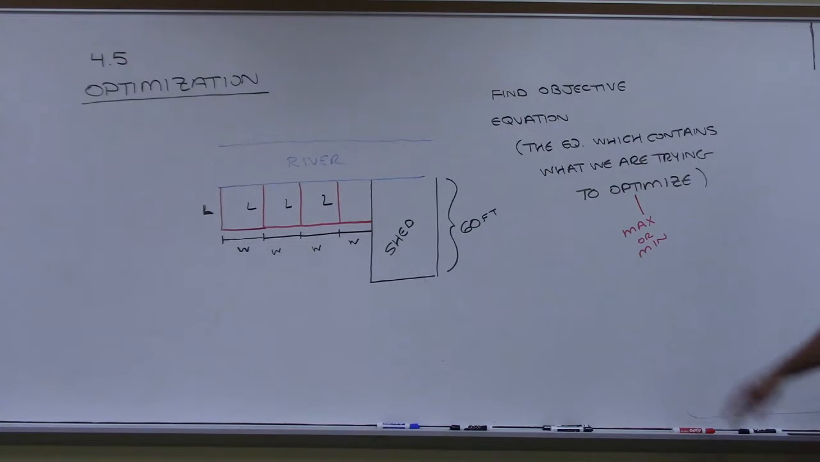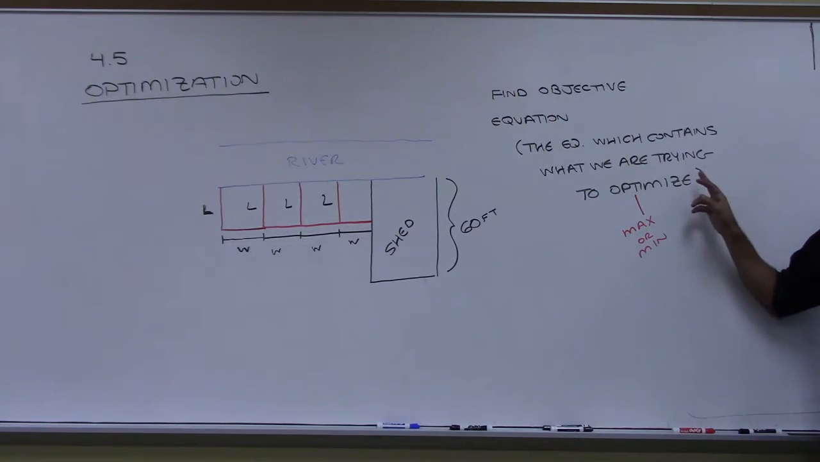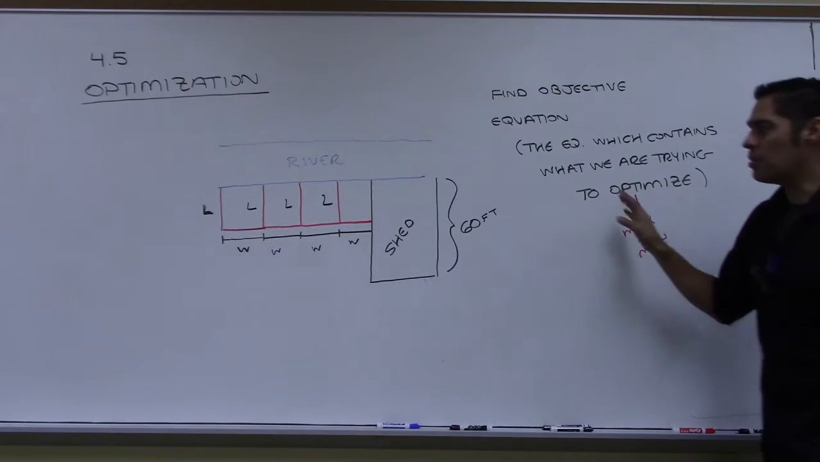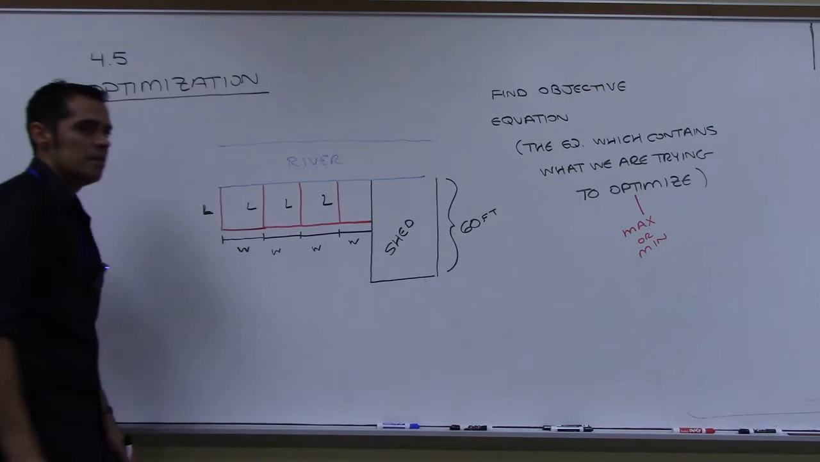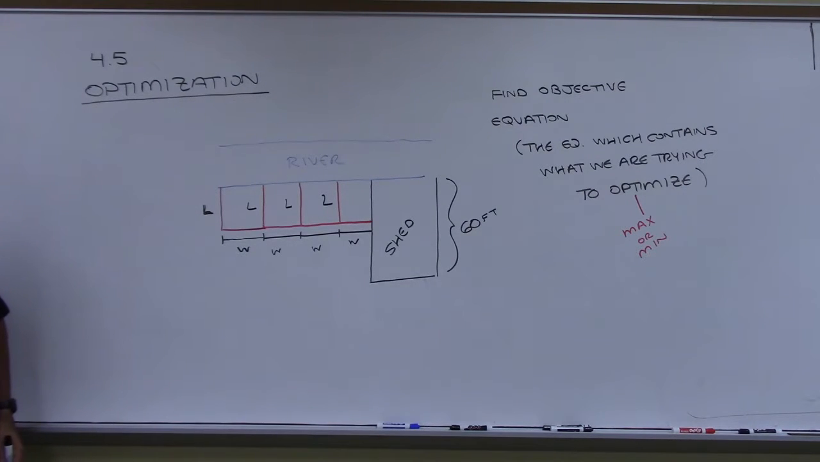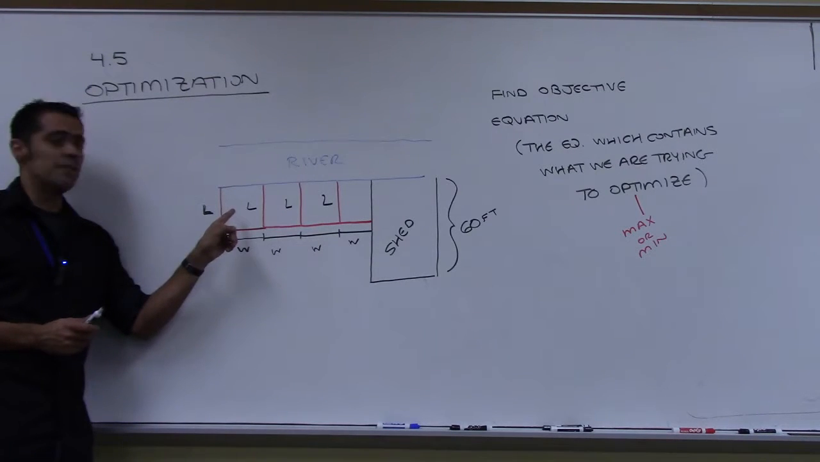So now let's try and find this objective equation. It's an equation which contains what we are trying to optimize. So can you tell me what the area is? Do you mean like 4 times width for there? Yeah, 4L times 4W. So do you want to try and find the maximum area of a single pen